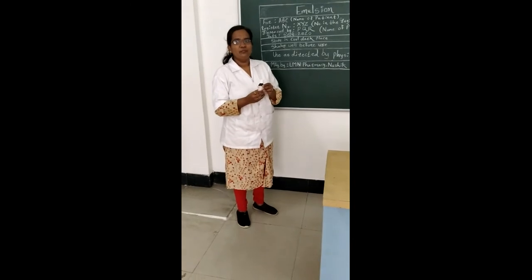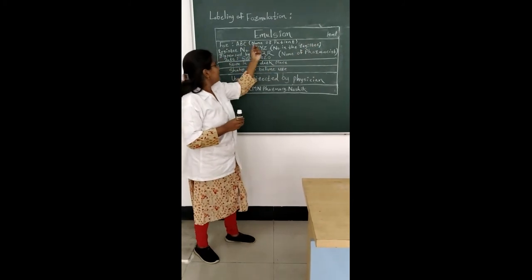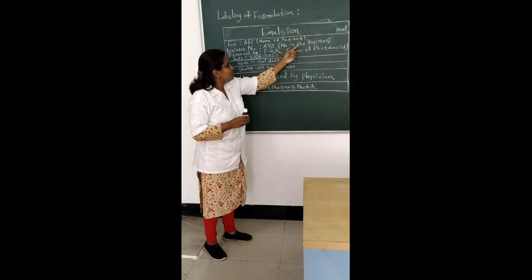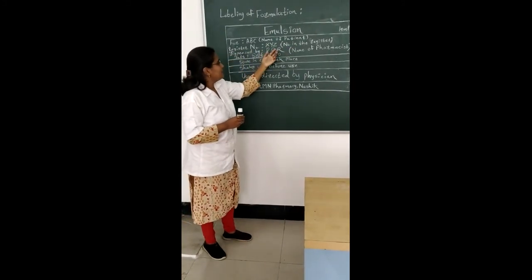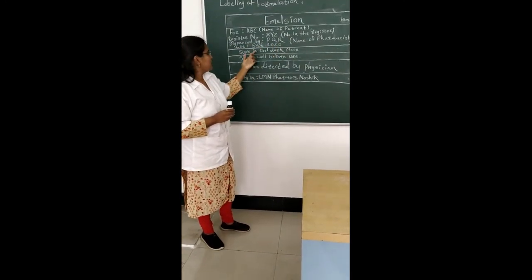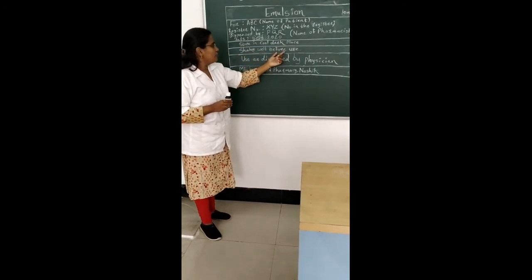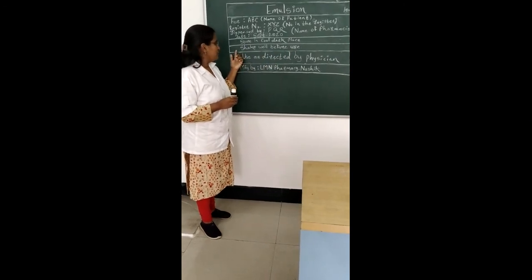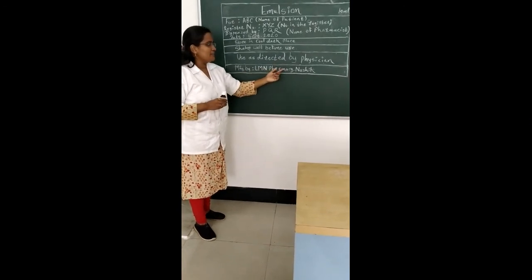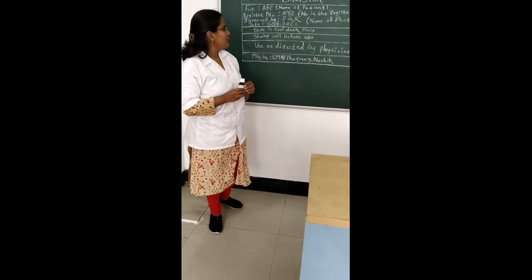So now we will move to the labeling part. Labeling of formulation: emulsion 10 ml quantity. For ABC, meaning name of patient, register number XYZ, the number given in the register, dispensed by PQR, meaning the name of the pharmacist, date September 2020 which is the manufacturing date, store in a cool and dry place, this is the storage condition, shake well before use as it is a liquid formulation, use as directed by physician, manufactured by Element Pharmacy Nashik. So result: the 10 ml of this emulsion is submitted in an amber